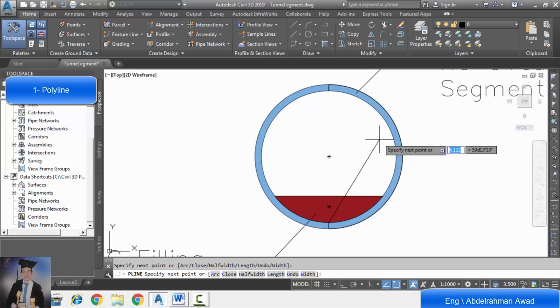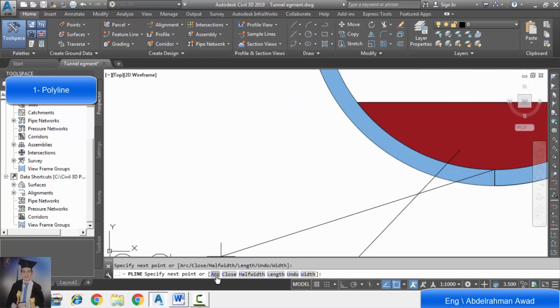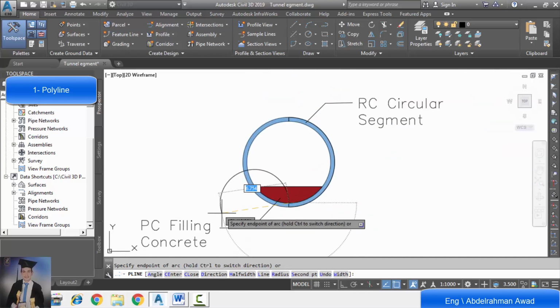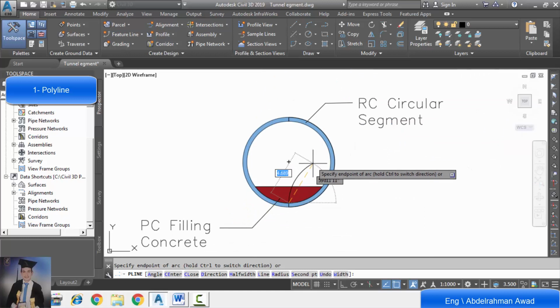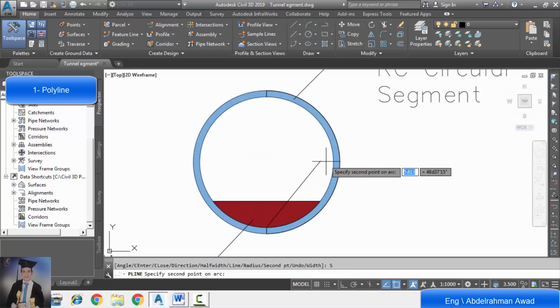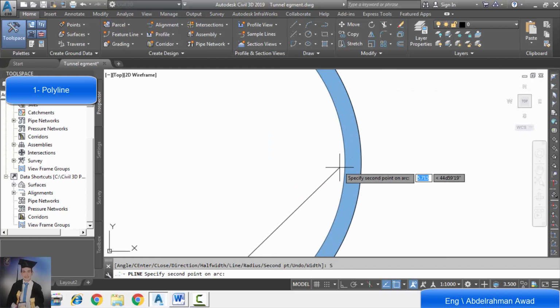Now we will draw the inner arc, which is this component. So we will activate arc. We'll click now on the inner right quadrant, so we will activate the second point as we did before.